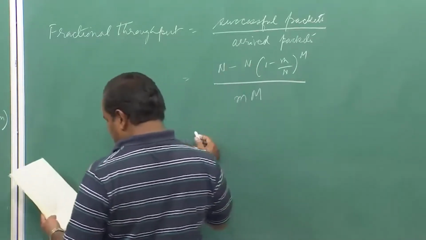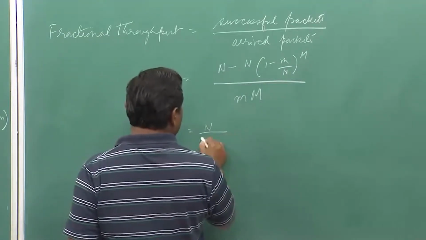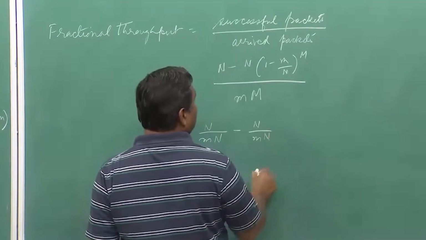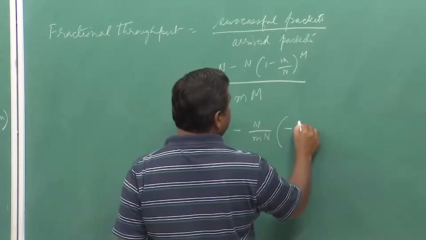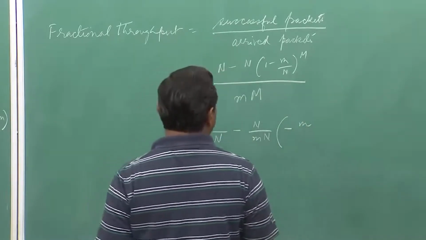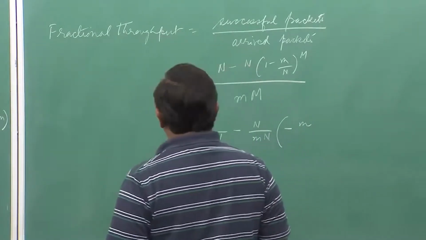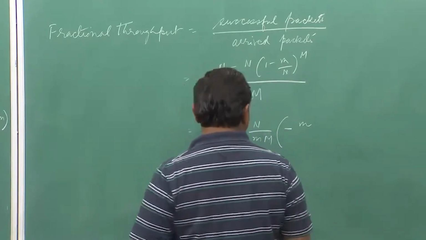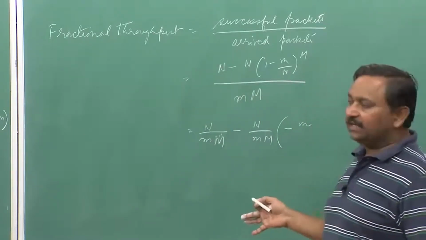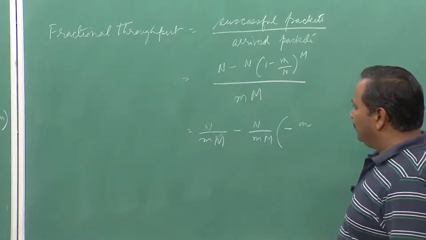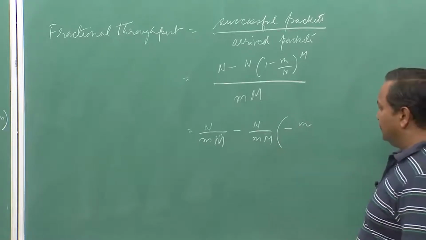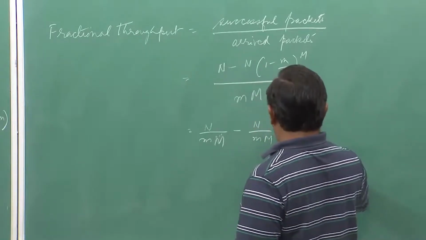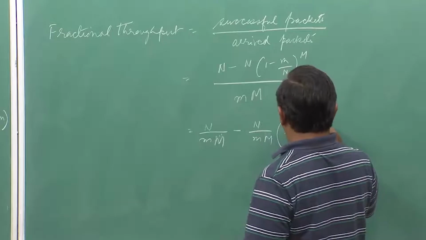So, this value will be n by m n minus n by m n, sorry, n m. So, when m and n are basically a symmetric square crossbar, then n will be equal to m, and correspondingly things will change there. So, this will be 1 minus